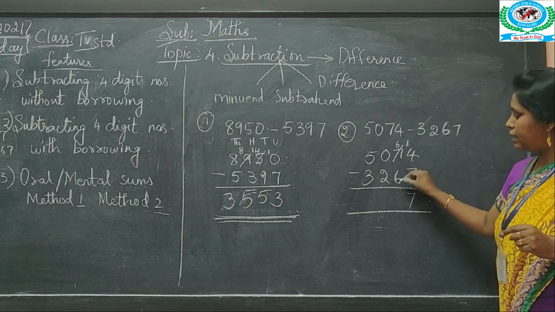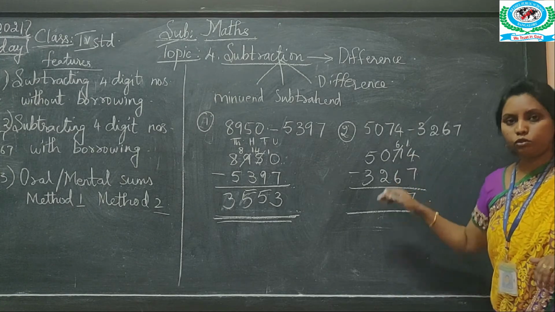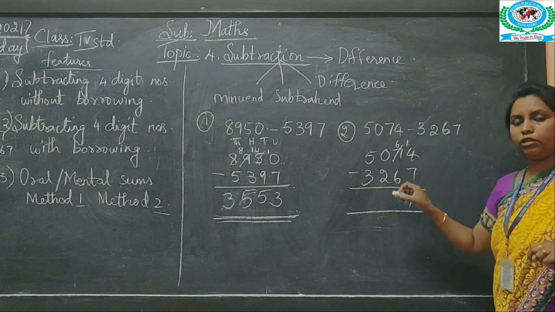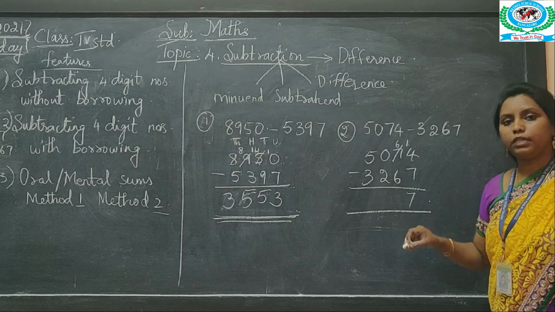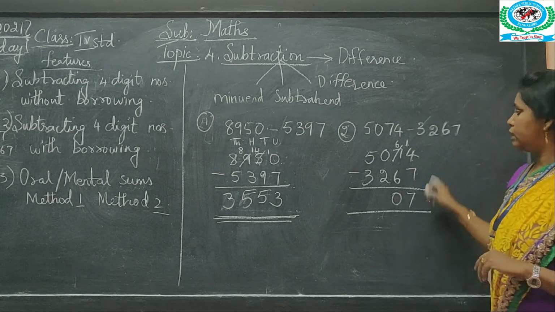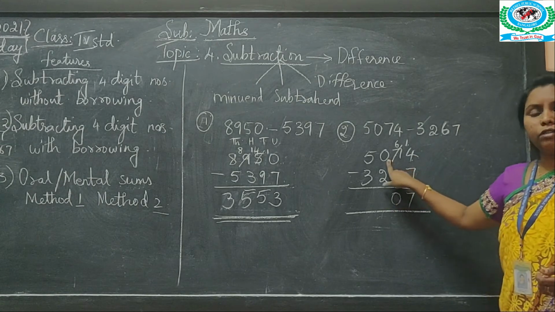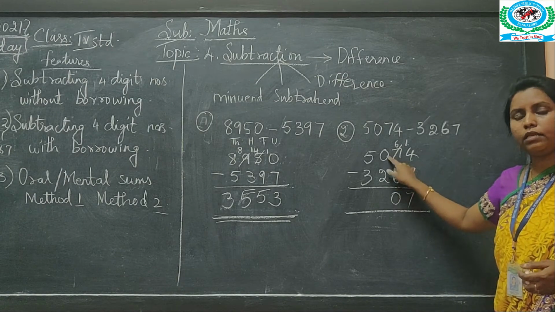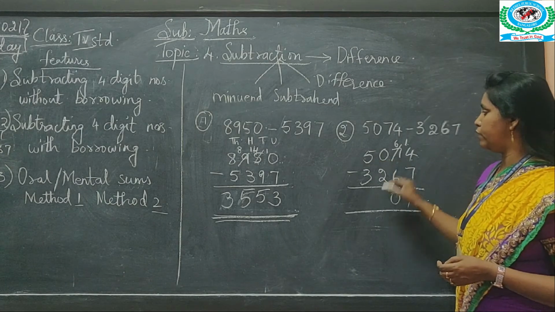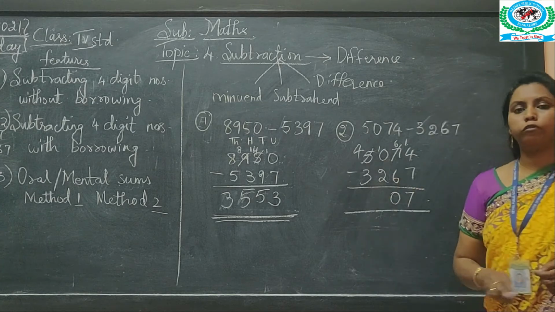So this is 6 and this is 6. Here also no need to borrow because easily you can subtract these two numbers. When the two numbers are the same for a subtraction, the answer will always be 0. So 6 minus 6 will be 0. So next go to the other number now. Here you have 2 and here you have a 0. Can you subtract this and this? No. So you need to borrow one number from the next place value. So if you borrow here, this will become 10 and this will become a 4.